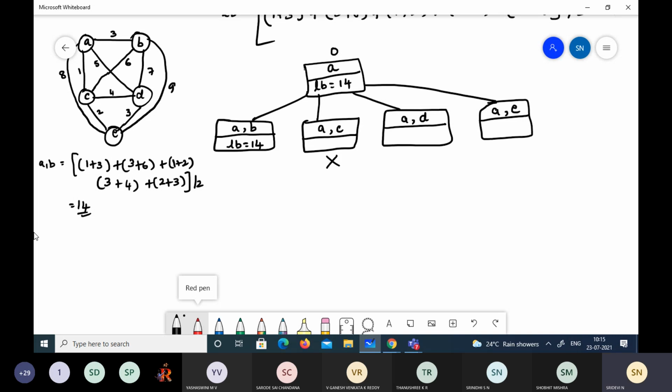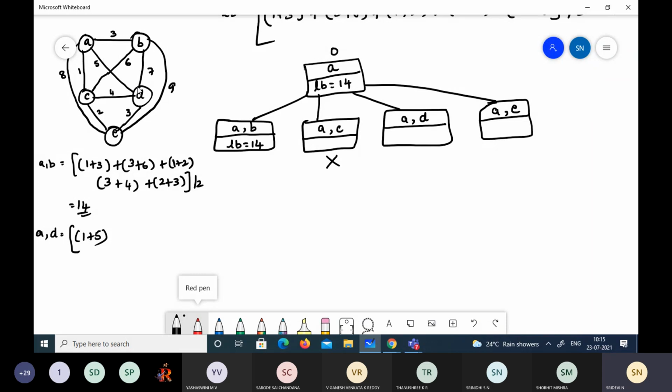So we have to fix choosing A to D. So this will be fixed. 5 is fixed. Which is the smallest among the remaining 8, 3, 1? So we are selecting 1 plus 5 now. We are selecting this path A to D. If I take it, what will be the lower bound?